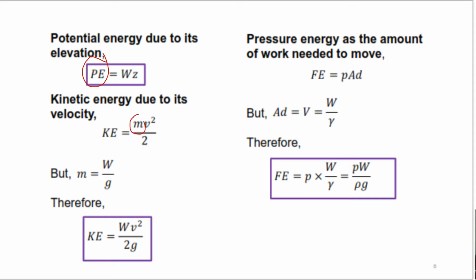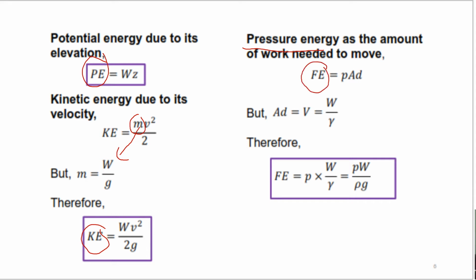This mass can be calculated as the weight divided by gravity. Therefore, when we substitute m as W over g, we get KE is W V squared over 2g. And then pressure energy is the amount of work needed to move the fluid, so